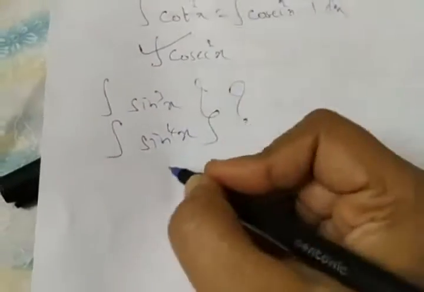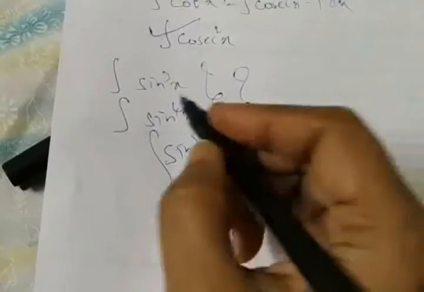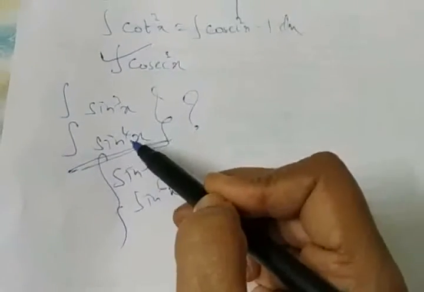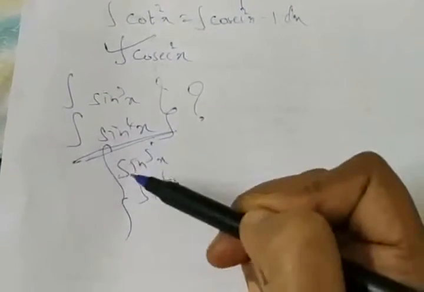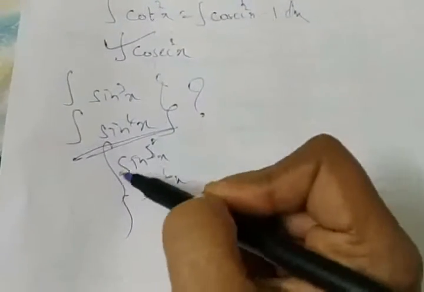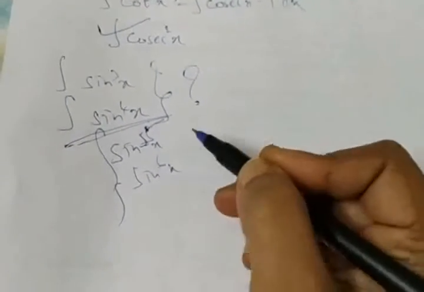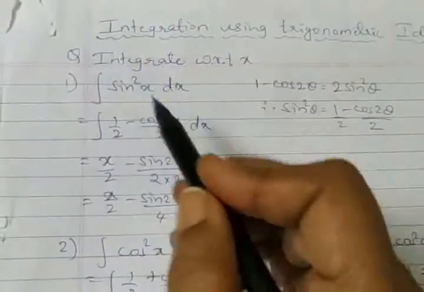Similarly, you can even think about raised to 5, raised to 6, raised to 7, and so on. But from the syllabus point of view, they have taken only squares, cubes and raised to 4. Up to this part the numerical sums have been taken, but there is no harm in discussing raised to 5. If all these concepts are clear to you, you can definitely think about what should be done for integration of sine raised to 5, sine raised to 6, similarly sine raised to 7, and so on. So today we'll start with the first part, as I mentioned. These results are theory as well as numerical sums.